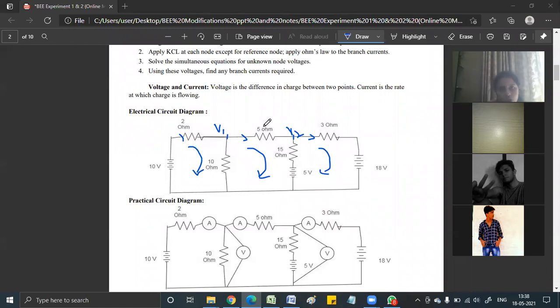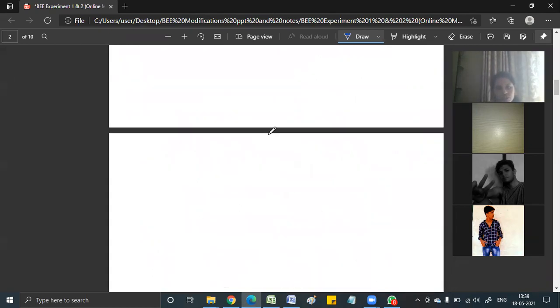And I had told you all to replace this 5 ohm resistor with your roll number. Right. There are students who have submitted keeping the same 5 ohm, you're going to lose your marks tremendously. Okay. So make sure you're doing that because while evaluating, we'll be checking it thoroughly. Okay, so this was a part of mesh and nodal.